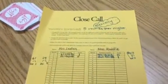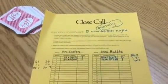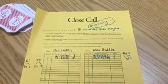Again, if this is too hard or too easy, go ahead and take a look at the different variations that you could play on this sheet and have fun playing